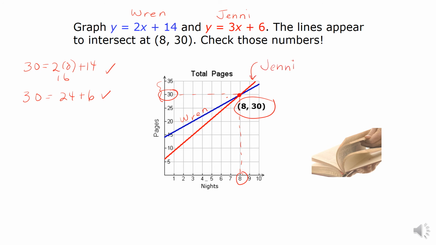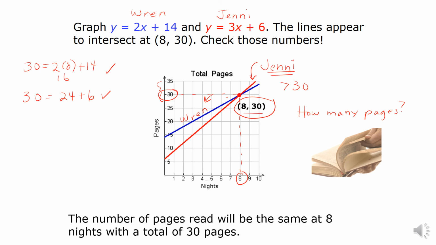So, if you ask the question, who finishes the book first, the first thing you have to know is how many pages. Okay, if it's a little children's book and it only has 28 pages, then Ren's going to finish first. If it has 30 pages, they're going to tie, and if it has more than 30 pages, then Jenny will finish first, if they keep doing the habits that they've been doing. So, the number of pages read will be the same at 8 nights with a total of 30 pages. Okay, so this next one